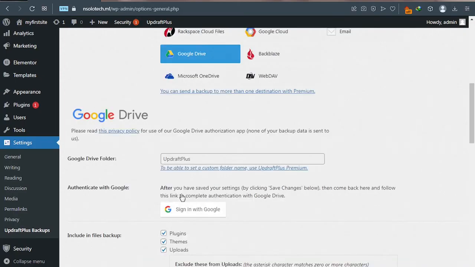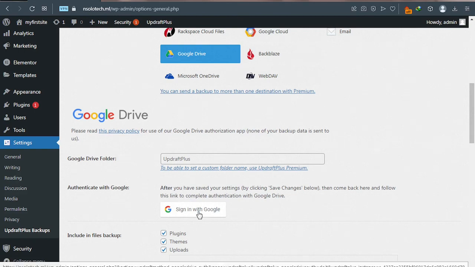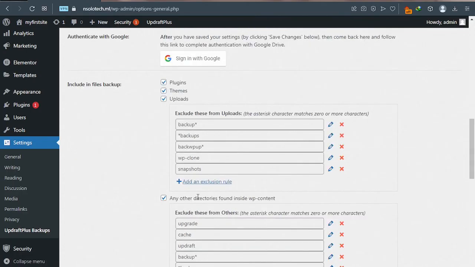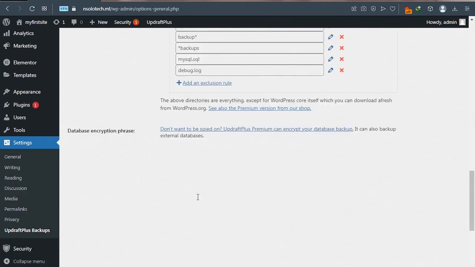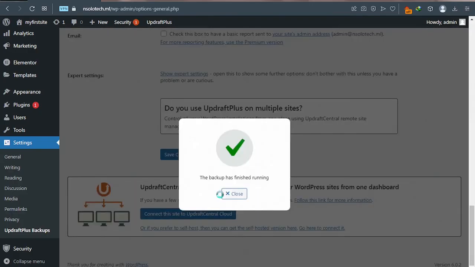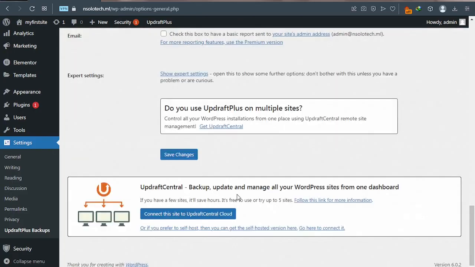Here you need to sign in with Google for it to work. So sign in. After you sign in, you save the changes. Okay, so you save the changes. Now the backup is finished. So that's the backup we did. Let's close it. Perfect. Remember to save the changes here. After saving the changes,